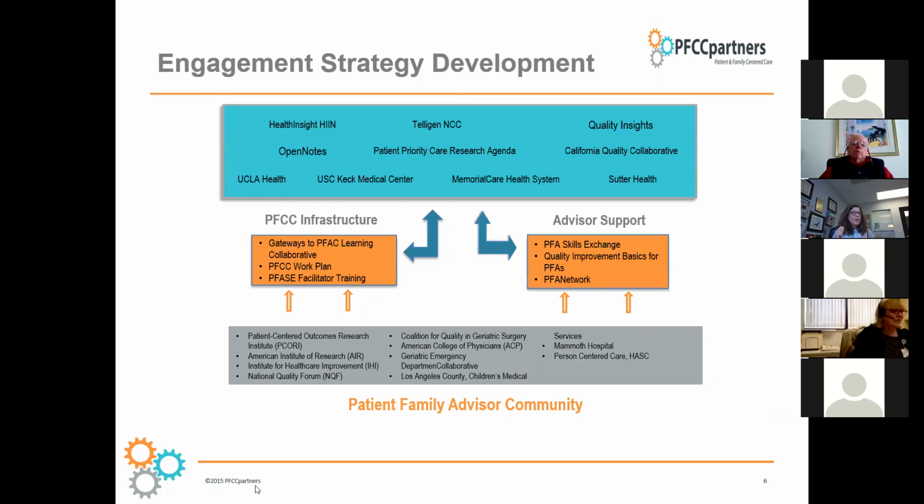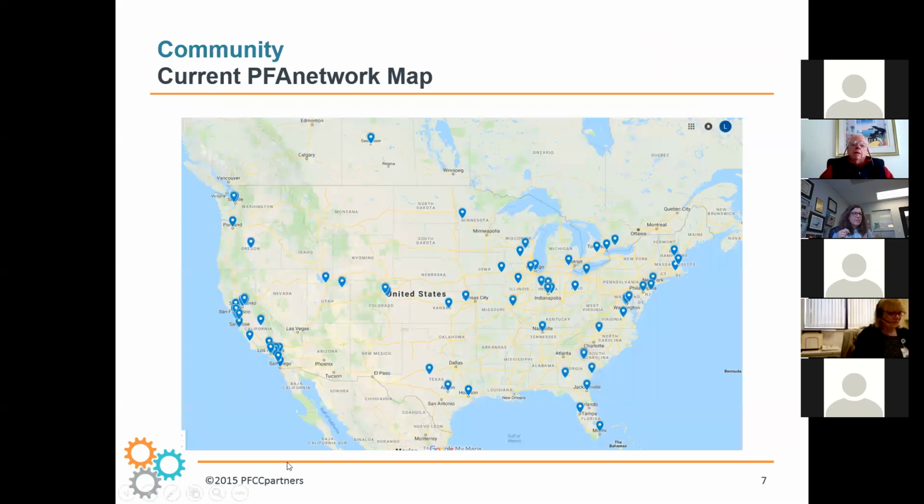All right, well then we'll just keep on moving because I know we've got a lot to get to today. So this is exciting to me. When we started the PFA network about 6 years ago, we had 25 people. And now we have grown to over 600 in the database. These pins are demonstrating where people are. So it's not the individual, but it's where we have some coverage. So it's exciting to see that we really are starting to get a strong national presence.